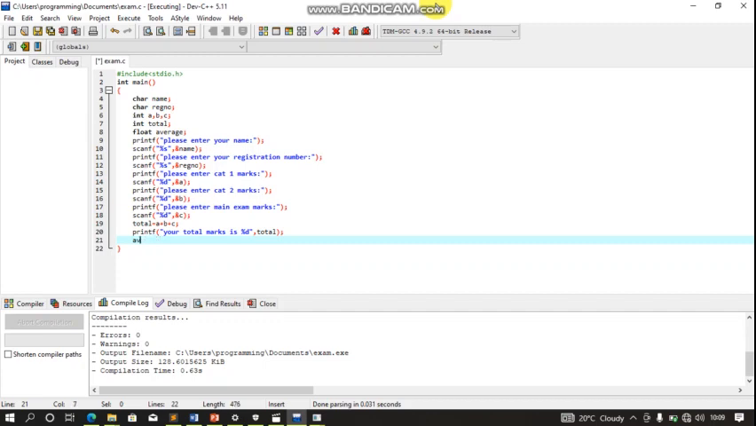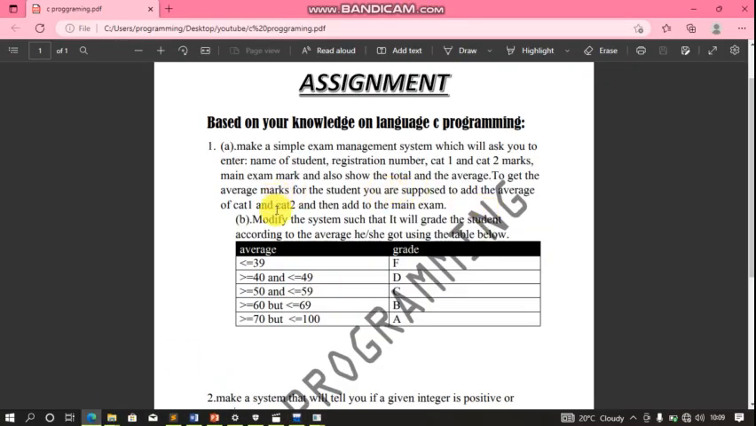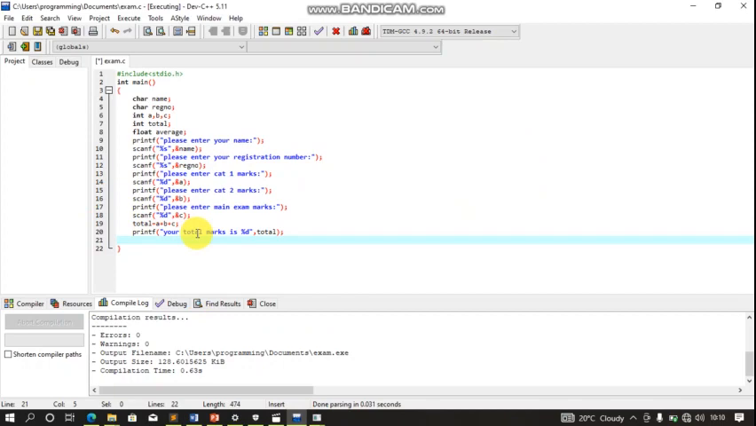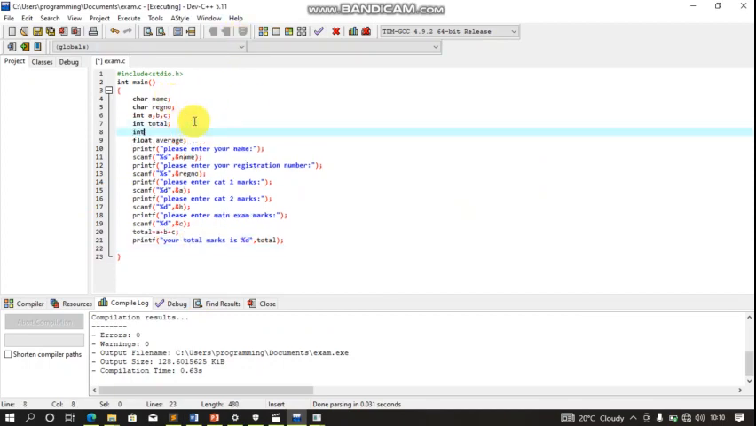Let's not find the average right now, because we are told that to get the average marks for the student, we are supposed to add the average of cat 1 and cat 2 and then add the main exam. So the average of cat 1 and cat 2, you can call it sub average. So let's add it here. We say int, we call it sub average. Then you come and say here, sub average